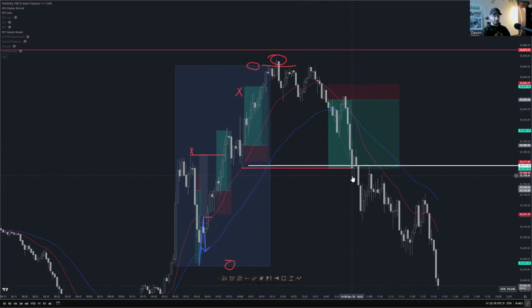Once it broke it, I exited a lot of this trade. I think I had two contracts in this. Yeah, two contracts on this one because this was 1200. No, this was one contract. Oh, what did I do? Maybe I took another trade. I'm not too sure. I have it on other screenshots as the day's progressing. I just take the trades while I'm in the trades or take a screenshot of the trades.